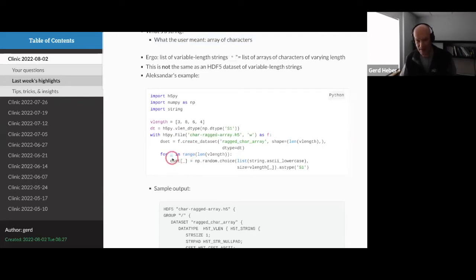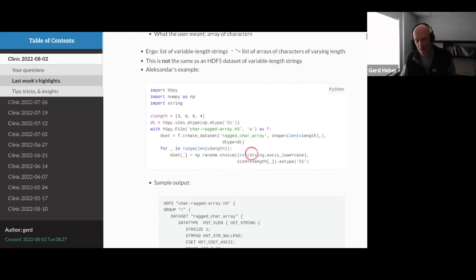Call it the lambda expression of loop indices, you might almost call it an anonymous loop index. I didn't know that Python had that nowadays. And then you just randomly create a character sequence and store it.